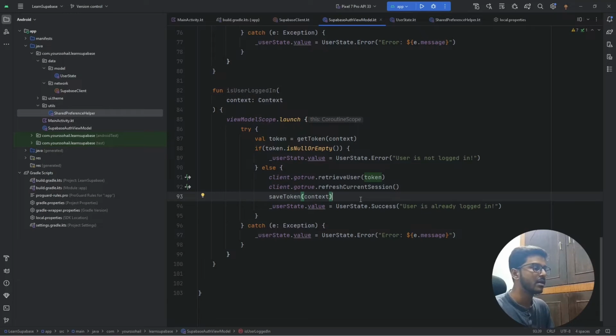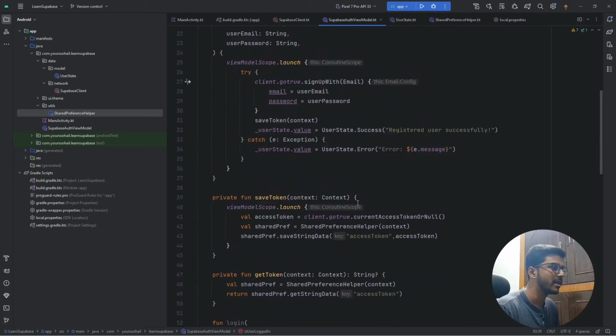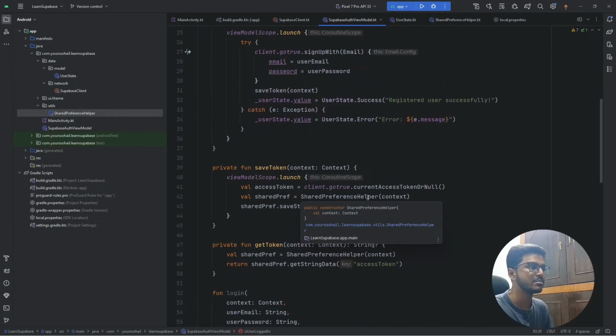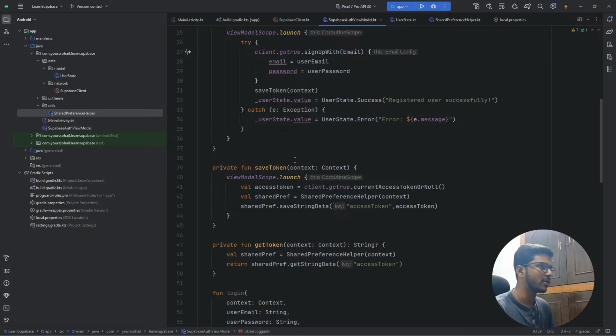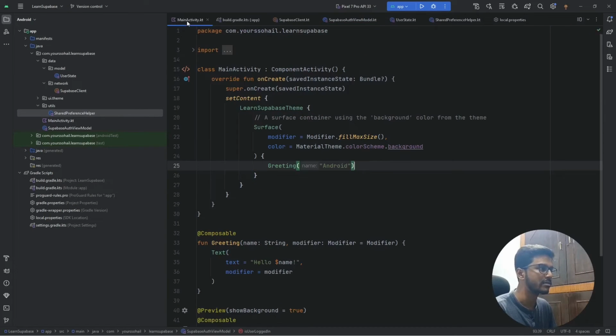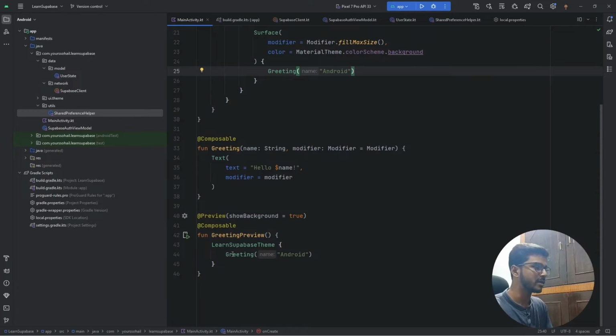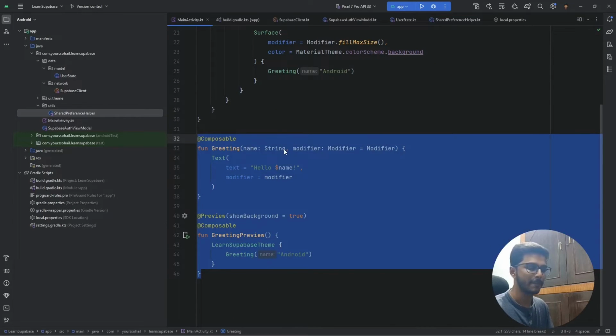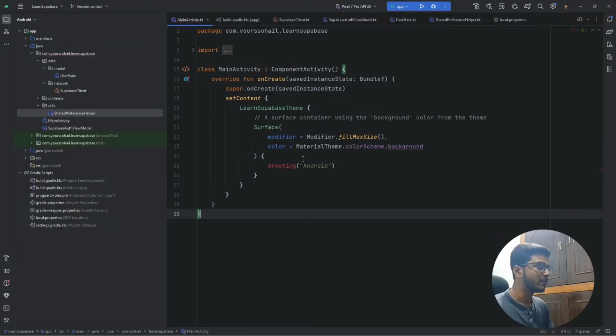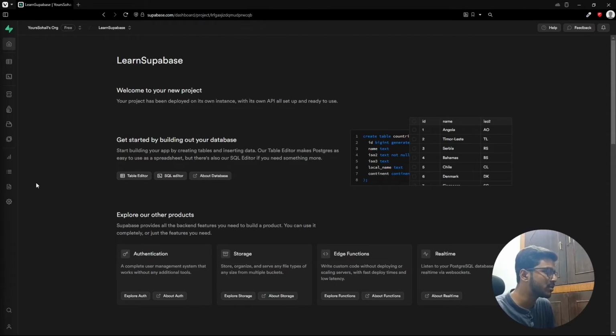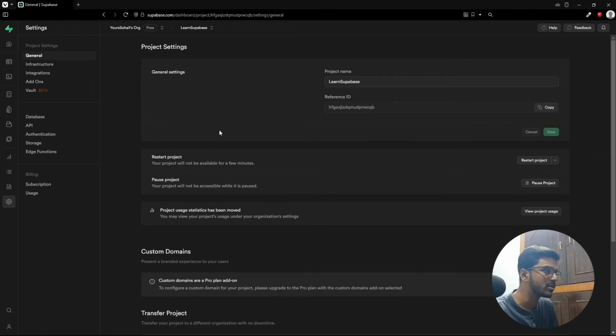Okay. Now, once we have done all these things, the last thing is to create a very simple UI in order to see if all these methods are working correctly or not. That is the objective. We are just going to create a very basic UI to check if all these methods are working accordingly. Before we do that, we need to do a few things inside the Supabase dashboard. Inside the Supabase dashboard, you will first go to the project settings. I wanted to show you the